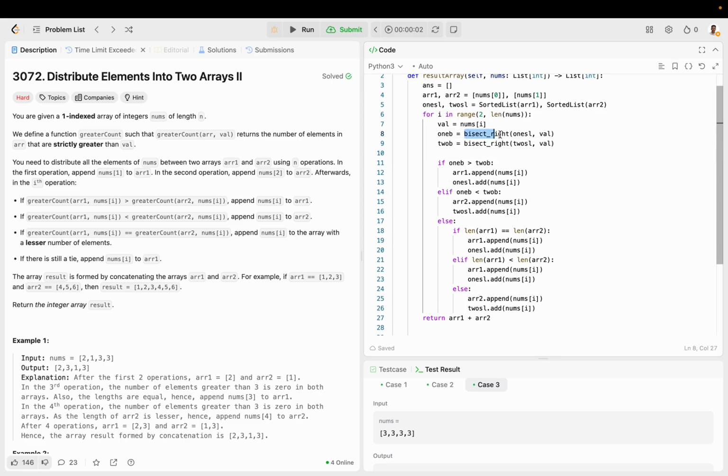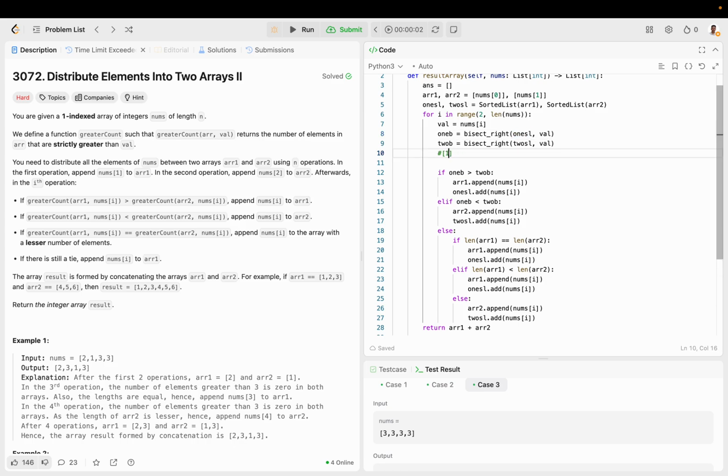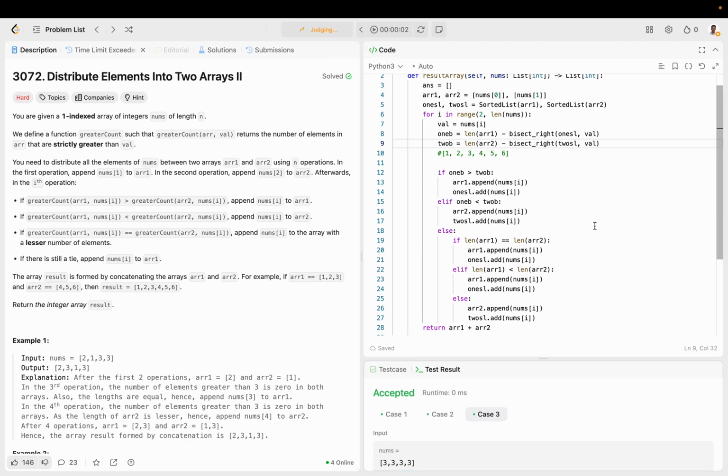And then because this is the point where this value is supposed to be placed in sorted order. So for example, 1, 2, 3, 4, 5, 6. If we had 5, it would go right here, index 4. So then how many elements are bigger? The whole length minus whatever this number is, that's how many are bigger, because bisect right finds exactly where it's supposed to start. So then it's going to be length of arr1 minus this, right? Length of arr2 minus this, right? Hopefully that makes sense. So if we run it now and submit it,